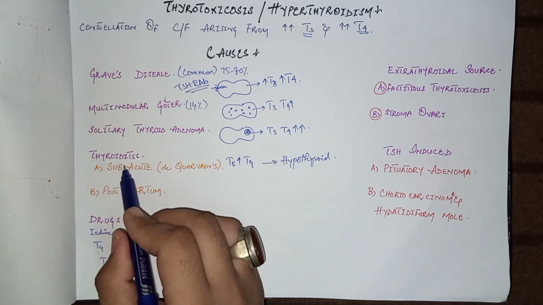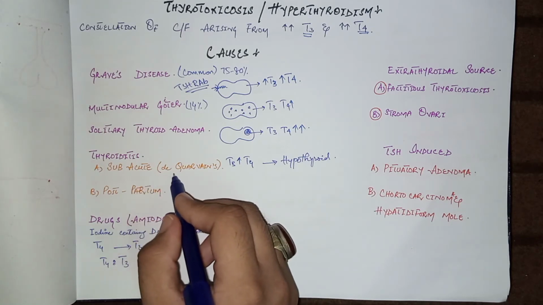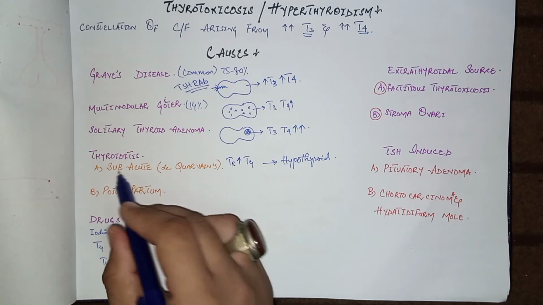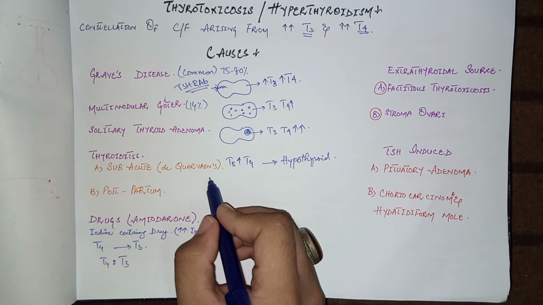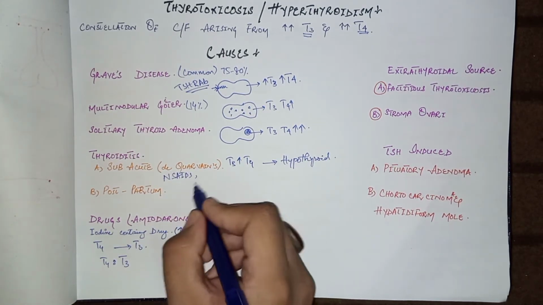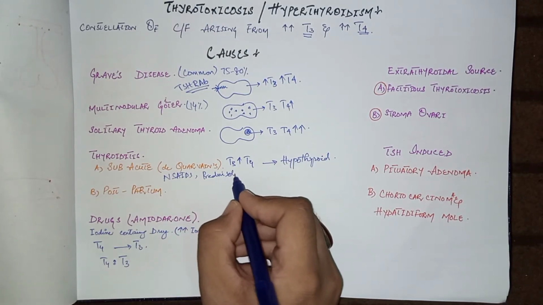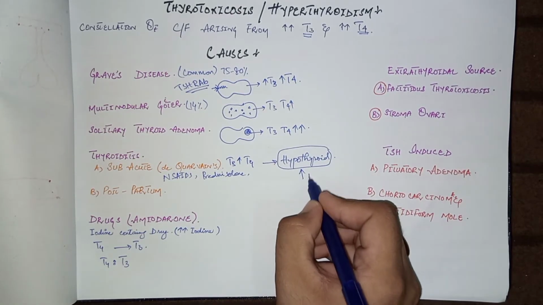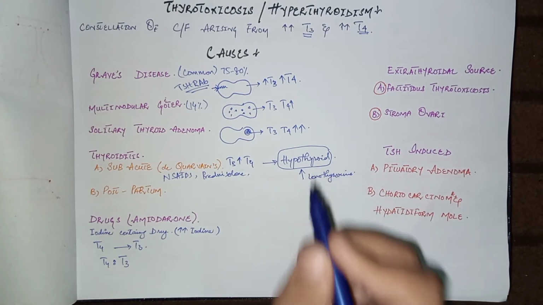In case of subacute, viral or transient thyroiditis, there is a swelling or enlargement of the thyroid gland. All the features of inflammation are there in subacute thyroiditis or viral thyroiditis. Give the patient NSAIDs to relieve the pain of the thyroid gland as well as to reduce the inflammation, as well as prednisolone, that is a corticosteroid. And in the hypothyroid phase, give the patient levothyroxine.